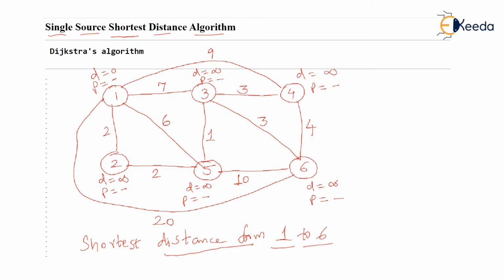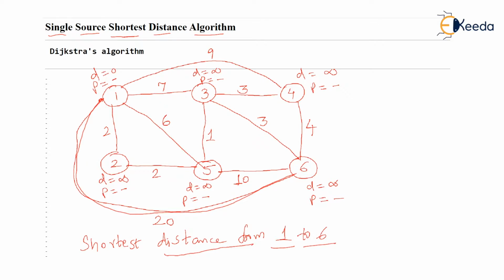to vertex 6. Now observe vertex 1 to vertex 6, as you see, has an edge with a weight 20. I hope you can see that. You can check that there is already an edge with a weight 20. So any beginner would say that shortest distance from 1 to 6 is 20 because they are directly connected. But it is not so, because there are alternate paths from 1 to 6 that you can take.